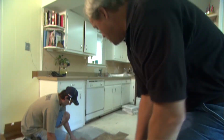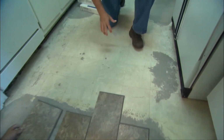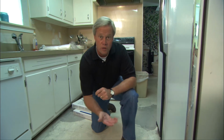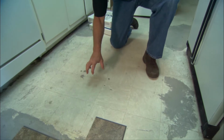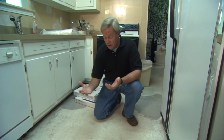Now, you might wonder why we didn't actually take up the old vinyl floor. In this case, the vinyl floor, other than kind of being old and kind of ugly, is still in pretty good shape. There's a few areas that had some loose spots that we had to remove and put some floor patch on. But as a general rule, this serves as a very good backing to glue down a vinyl floor like we're putting down, and provides a vapor barrier in case there's a small crack in the concrete slab that'll allow moisture to migrate up through the floor, which is never a good idea no matter what type of flooring